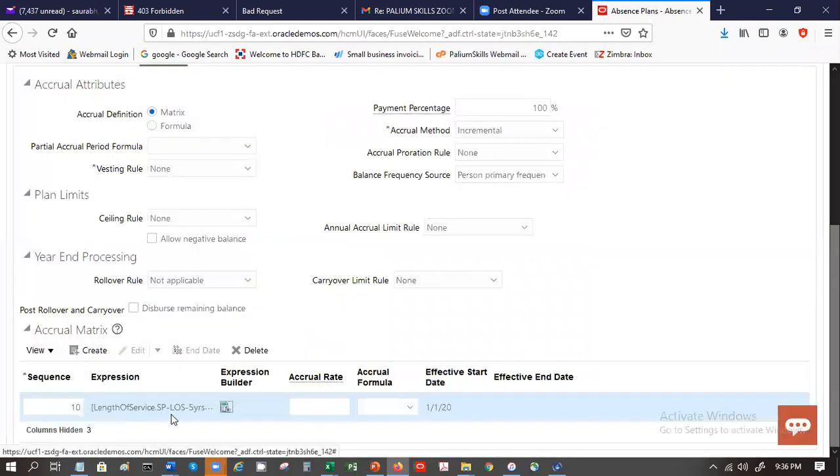So that expression will be visible here. What is the accrual rate for those who are having 5 years of service? You say, let's say 15 days. So that is the rate at which they are going to be accumulating it.